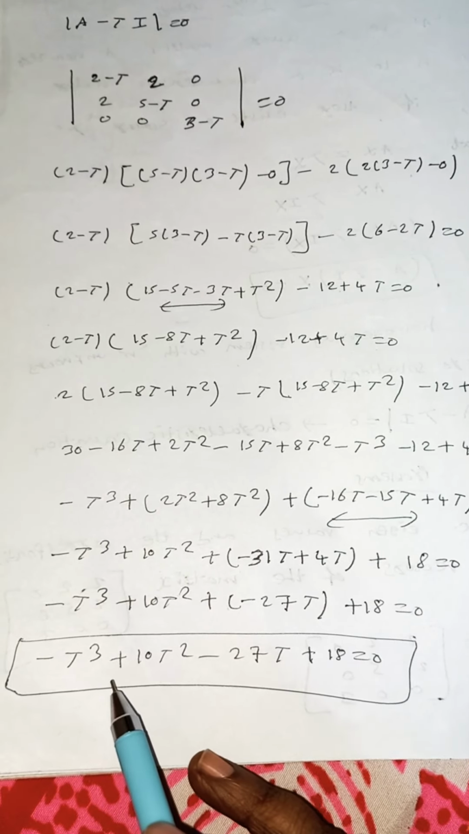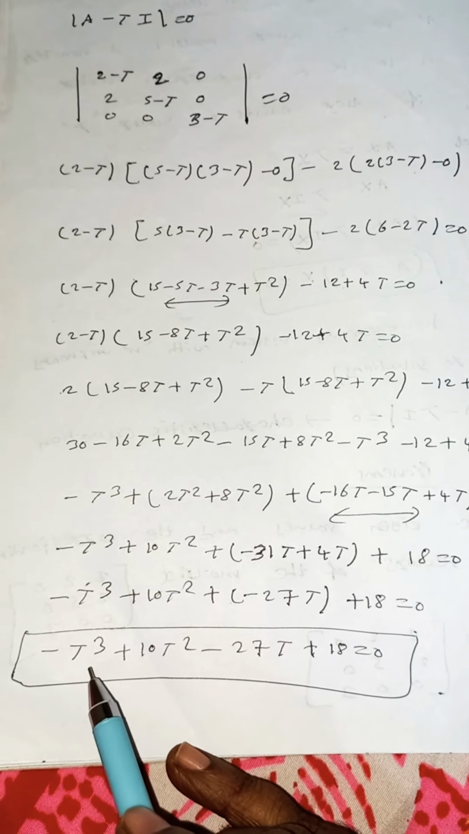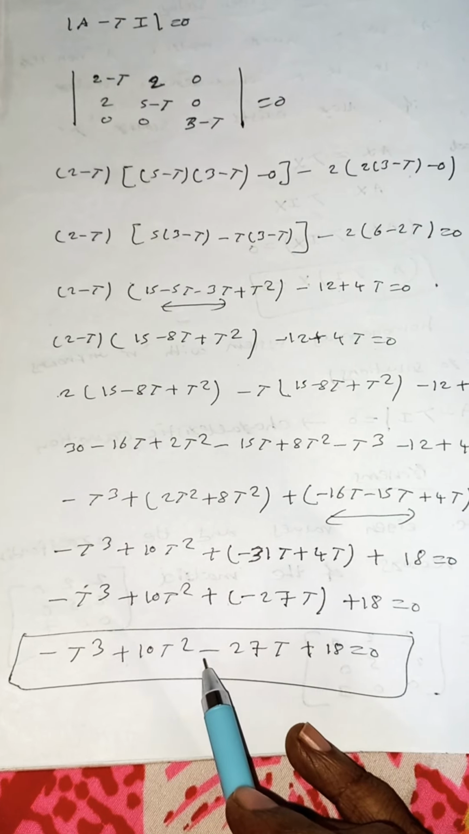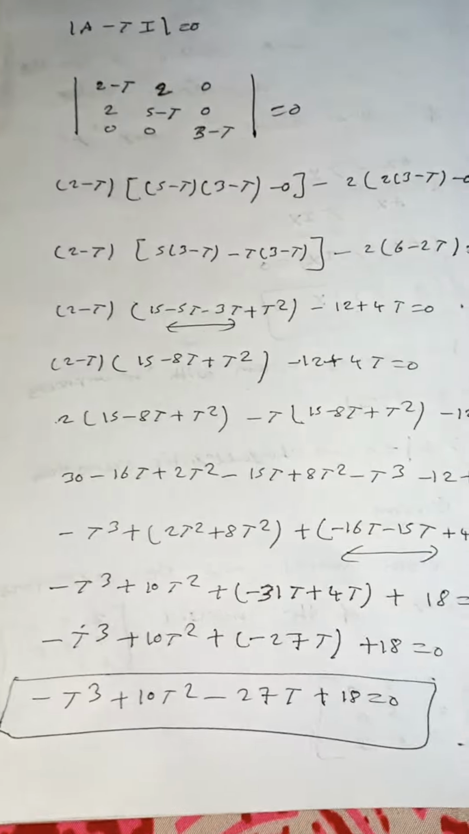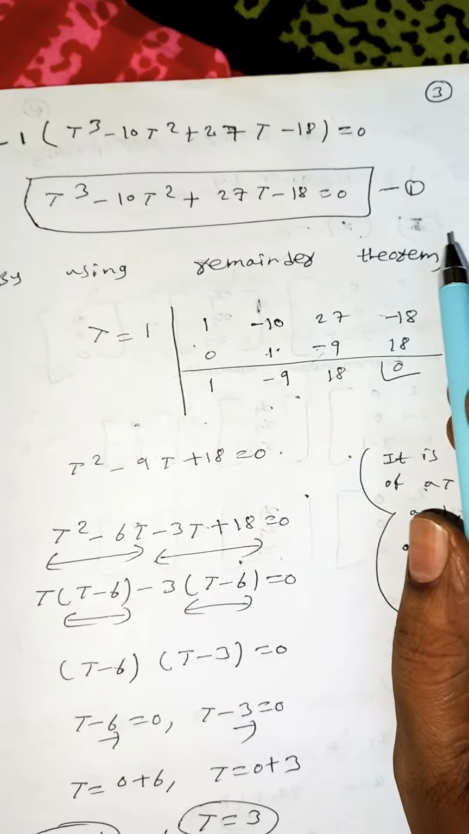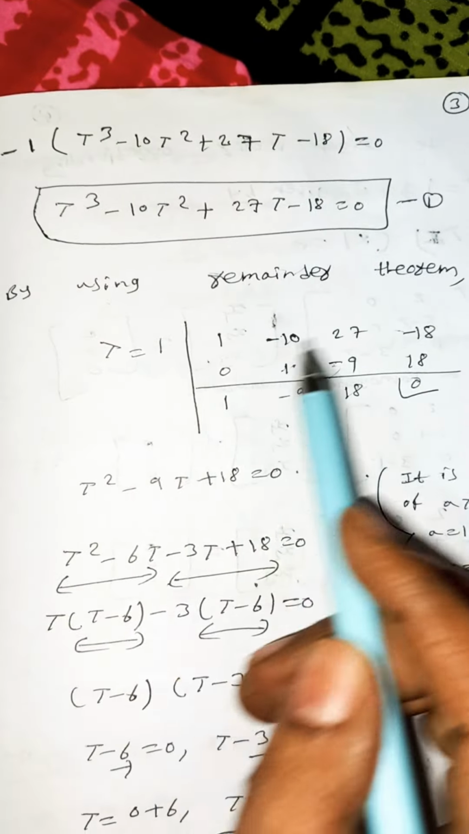So here we can take minus common. If you are taking minus, minus will become plus. Here plus will become minus, minus will become plus, plus will become minus. So that only I have written over here. So this is equation number 1. Now solve this